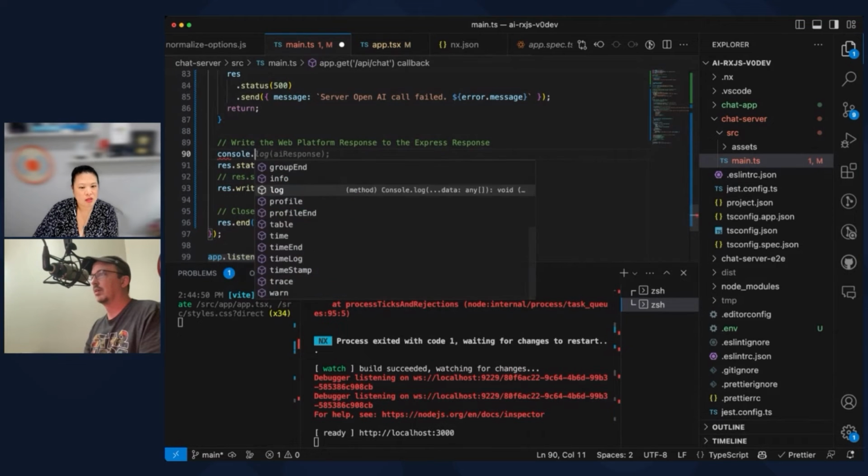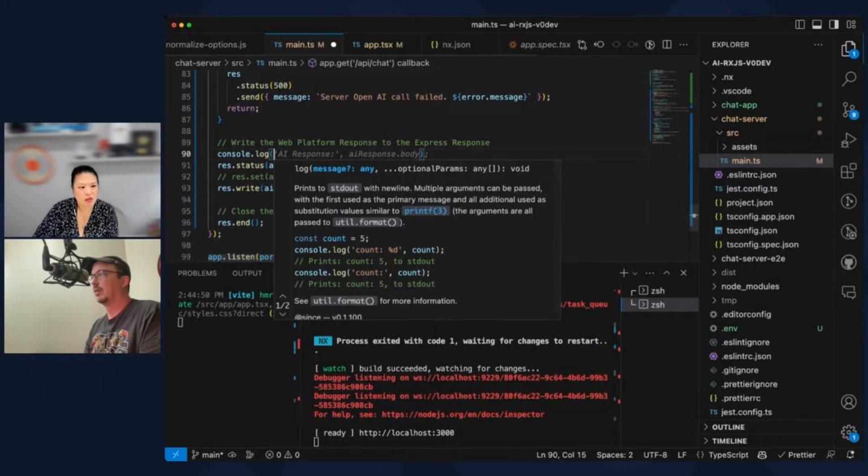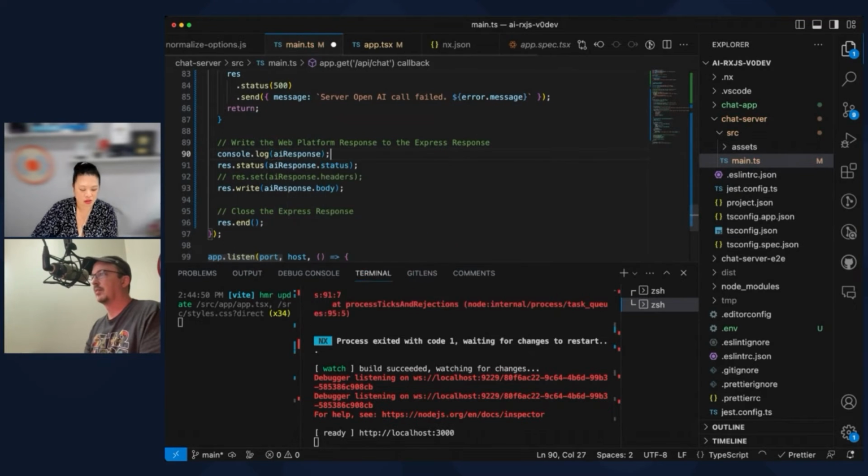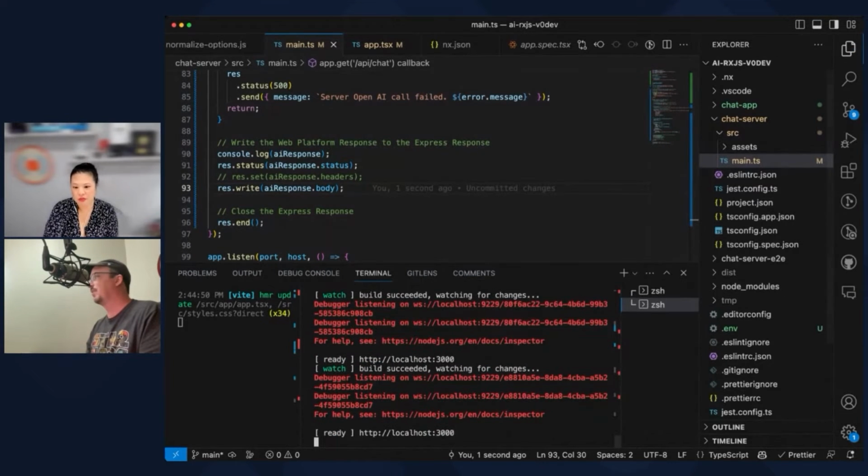Console log AI response. Let's see what I get out of that. So I'm running this now. So now if I hit this from the client, should send it the restart. Yeah. It's not even doing anything.